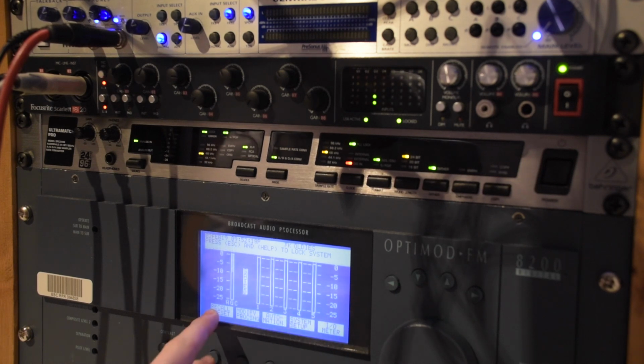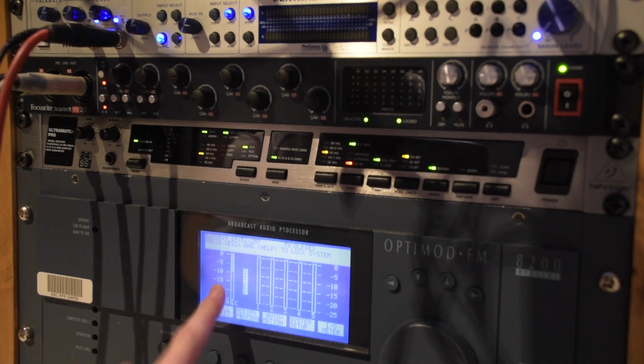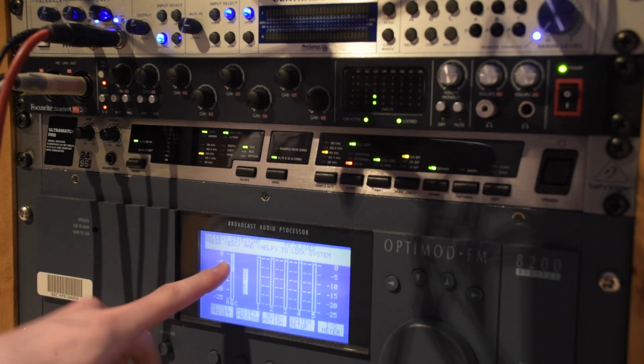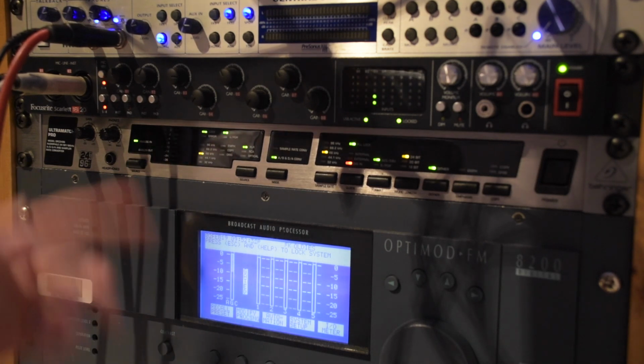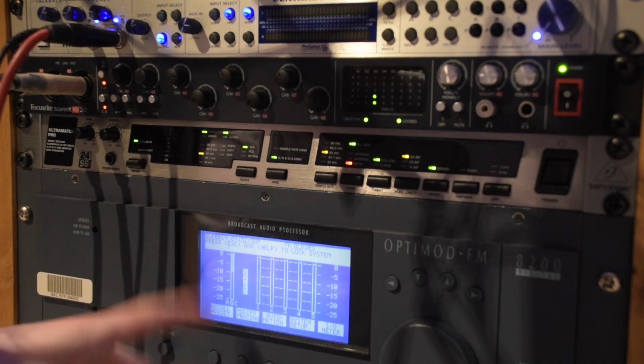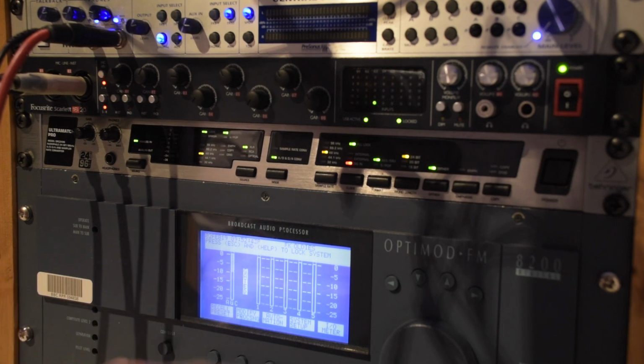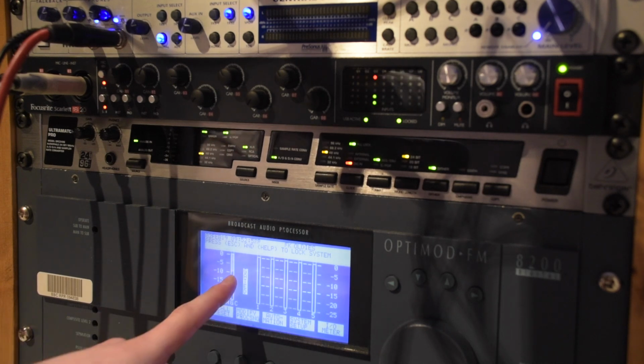This is the main multi-band compressor view. So you've got, I believe this is the overall gain reduction. I'm not 100% sure on that, so don't quote me on that. Here it's indicating whether or not the unit's gated. So at the moment there's not enough of an input to trigger the gate to release. So basically any really low level inputs you can set so that the gate doesn't trigger, which means that they'll sort of remain consistent, which is handy, I guess, if you want to maintain a little bit of dynamic range and stuff like that, or if you've got specific signals that you don't want altered. That can be disabled though as well, so it will